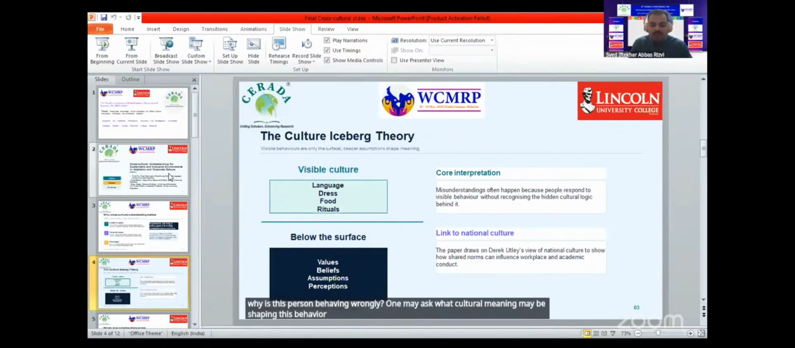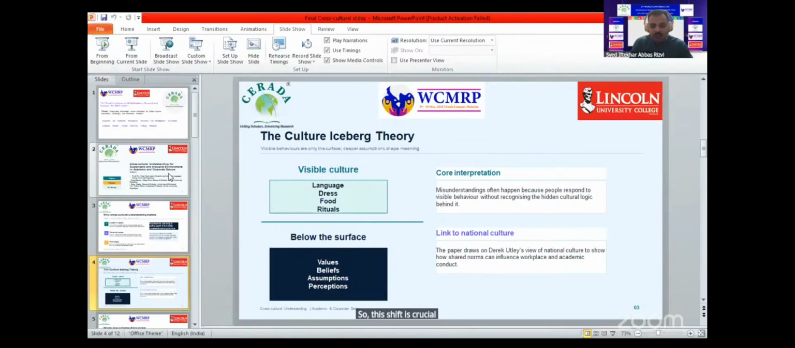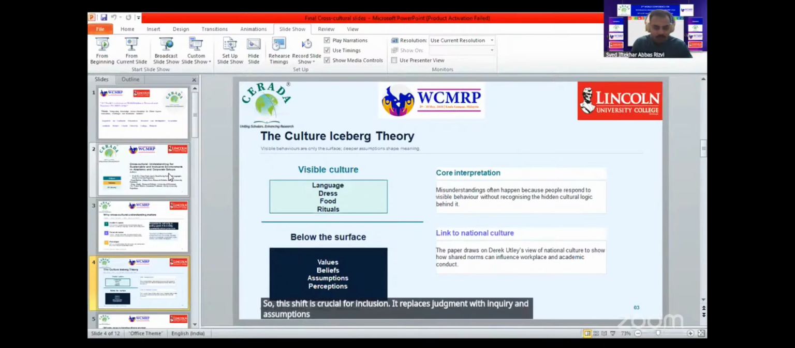So, this shift is crucial for inclusion. It replaces judgment with inquiry and assumptions with dialogue. In academic settings, this cultural iceberg model can help teachers design culturally responsive pedagogy. Teachers may be